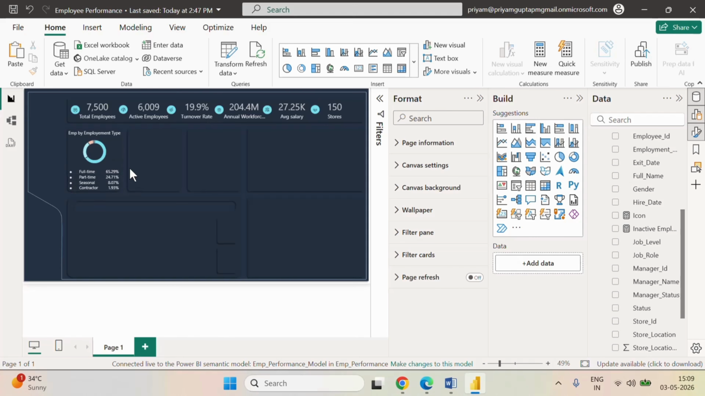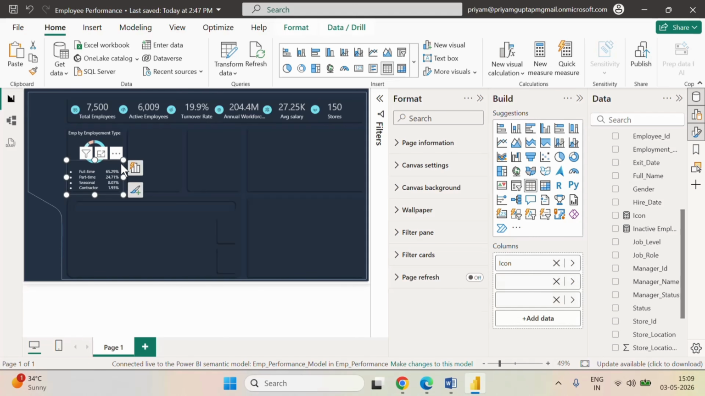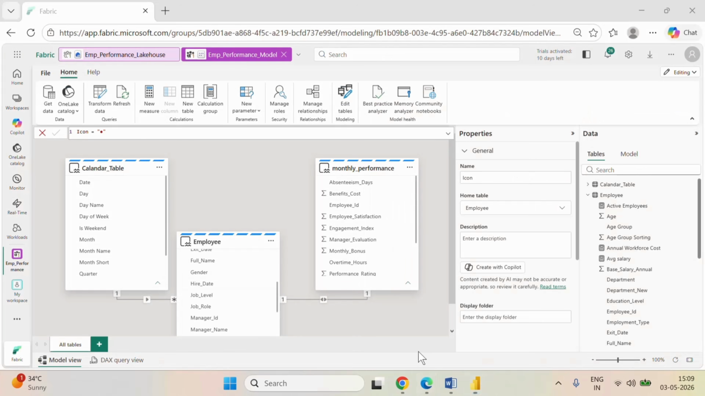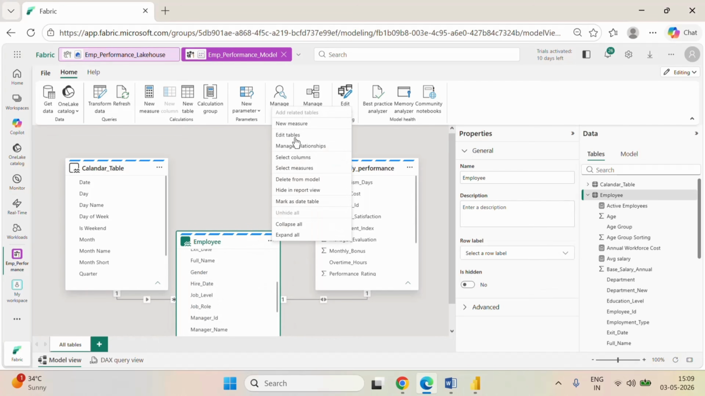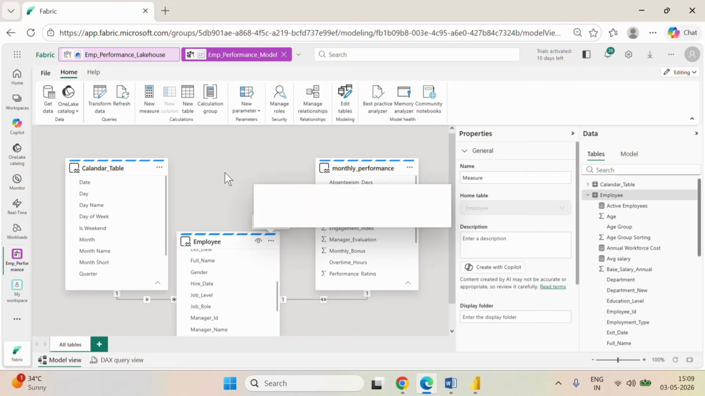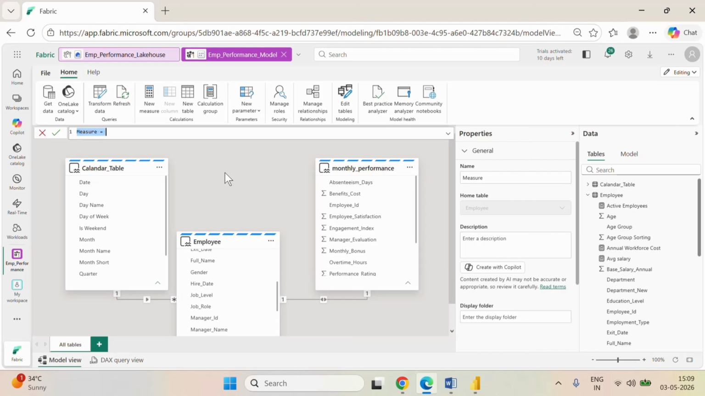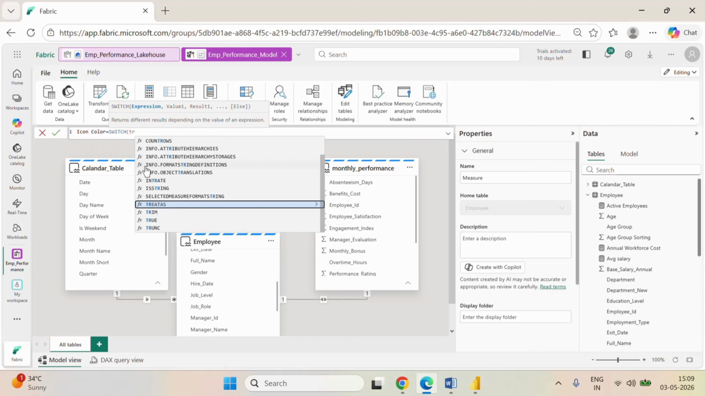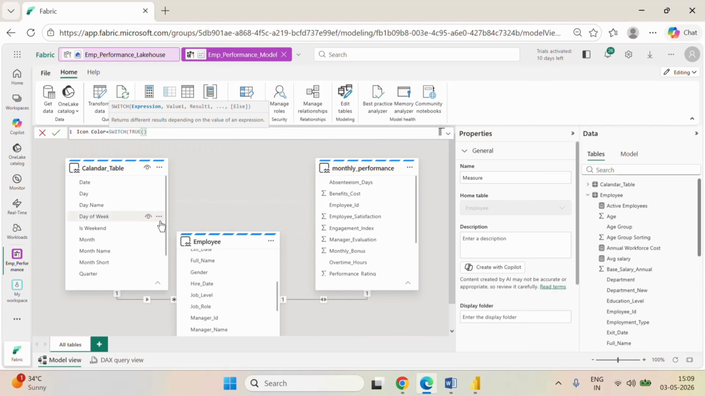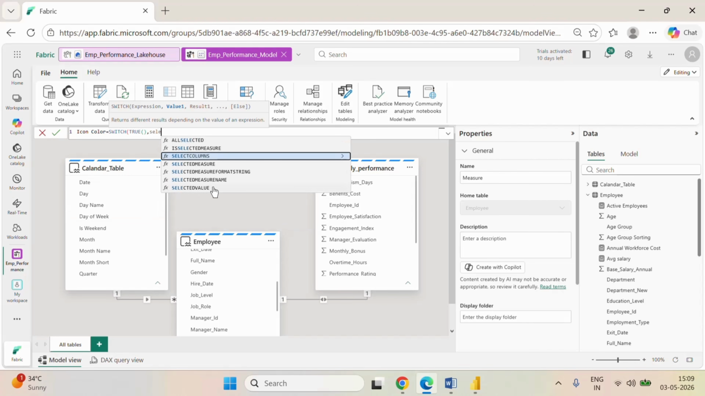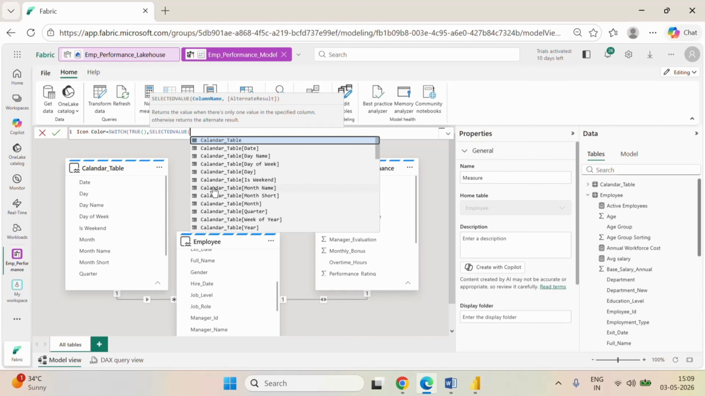We have to change the colors of these. For these colors, we are going to write down one measure. So let me create one measure. Let me name it as icon color is equal to, and here we are going to use switch statement. Switch true, and we are going to use selected value. Selected value of employment type